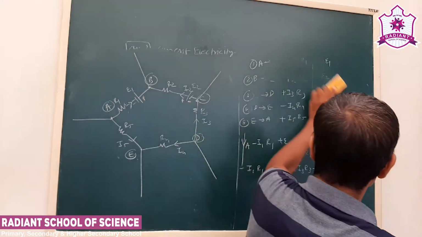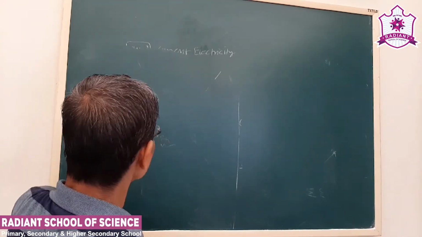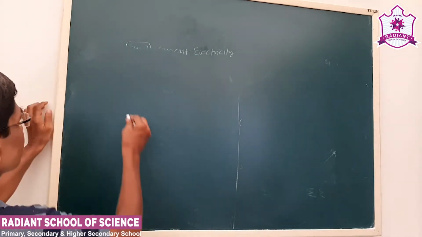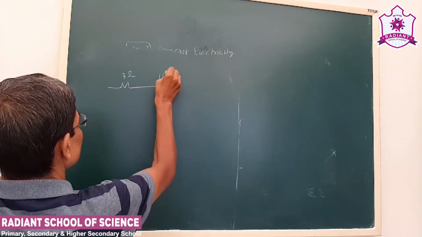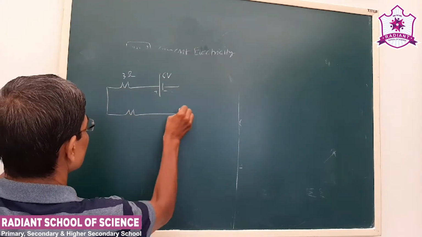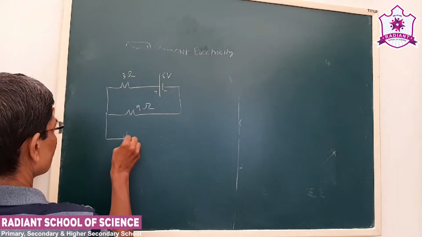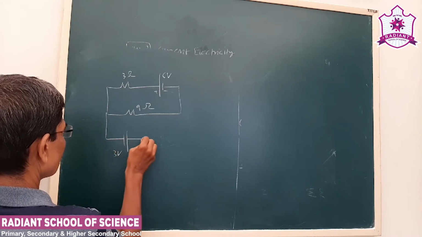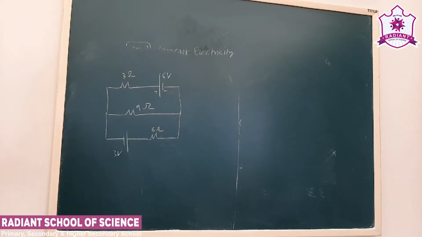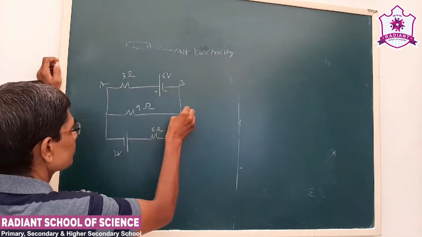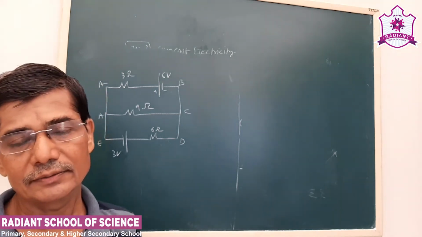Now we take a simple example and try to solve it. Okay, now let us say the given electric circuit is like this, and we have to analyze this. See, we have to find out the total current in the cell.